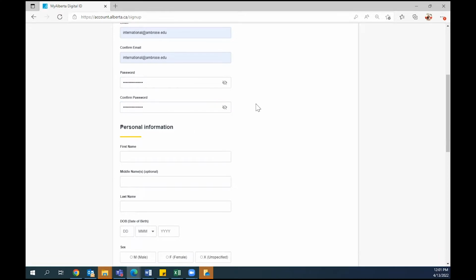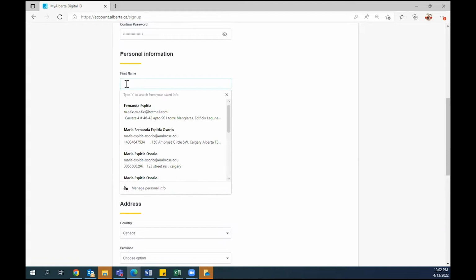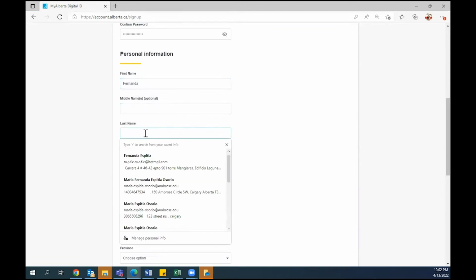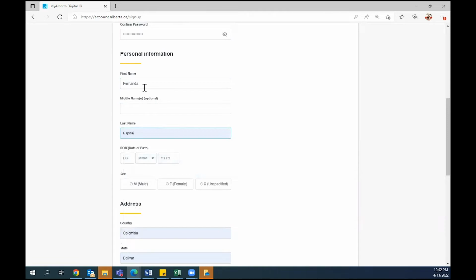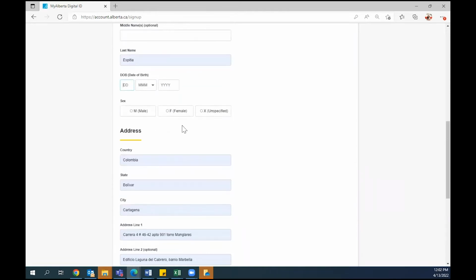Once you have created your sign-in information, they're just going to ask you for some personal information. So again, make sure you use the names that are given to you legally and that appear the way they do on your passport. I'm just going to autofill it here, but again, your last name, date of birth,